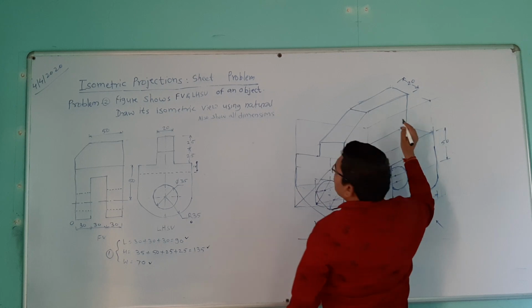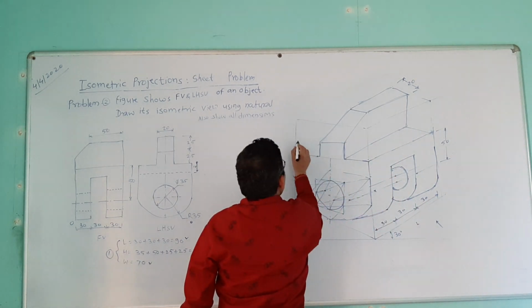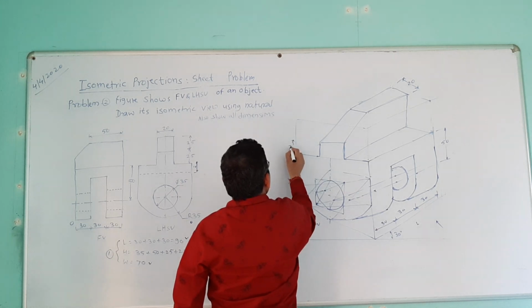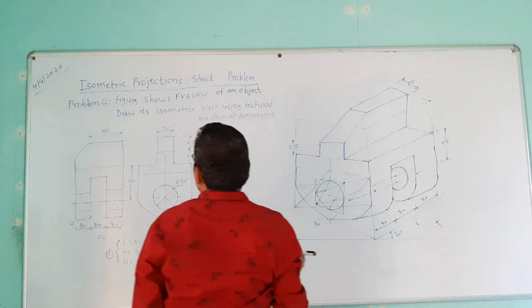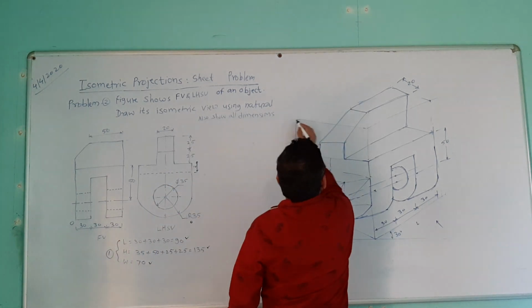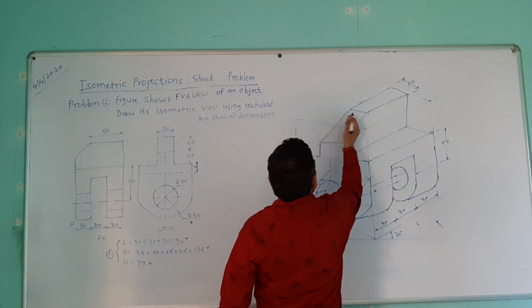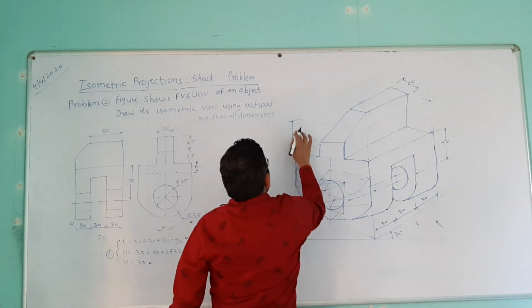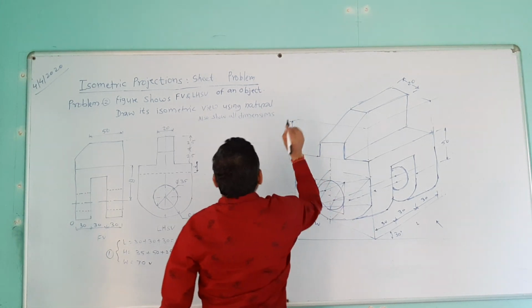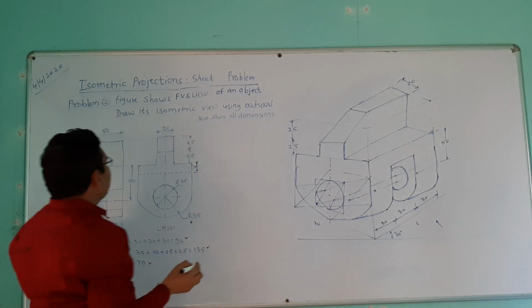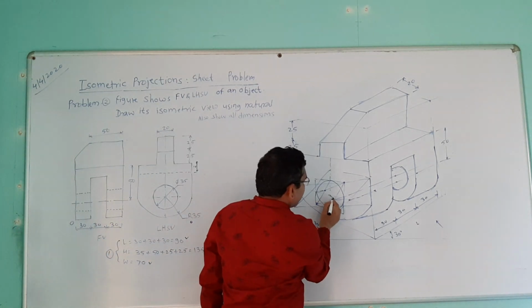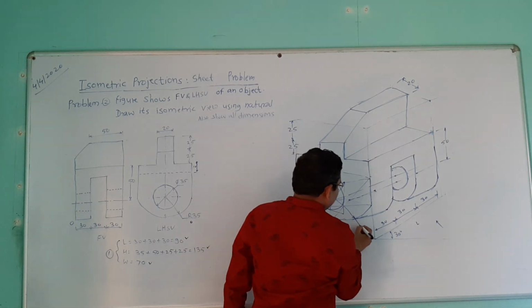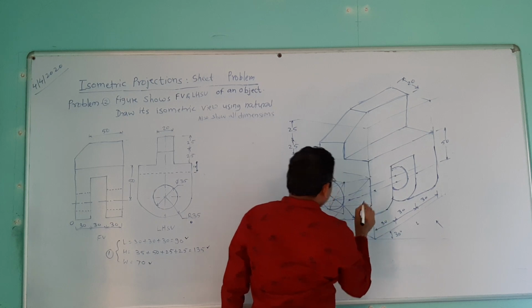Then this height dimension, here the height dimension, this height is given 25, and another height dimension is again given here from this to this. So if you draw a top of this like this, the dimension is also 25. Then the radius dimension of the circle. So outside radius is given R35. So let us take this outside R35, and